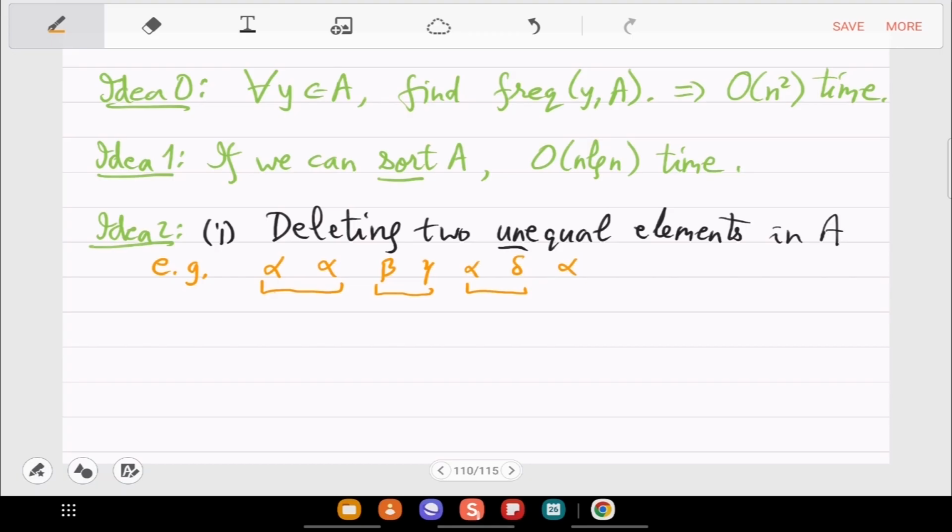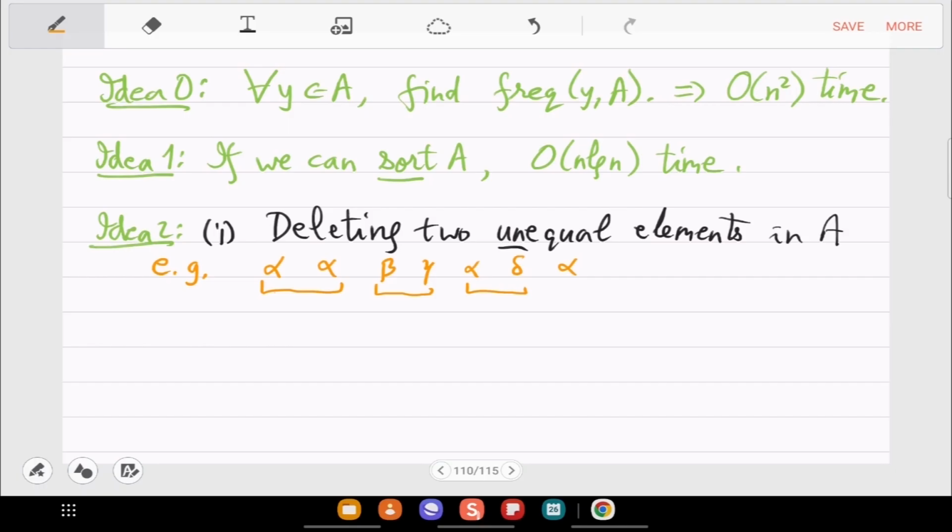So if I drop beta and gamma, initially is there a half majority element in this array? Which is? Right. So now when you drop beta, gamma, what is the half majority? Continues to be alpha, right? And then you can drop alpha, delta because they are different. And you see that now you have only alphas remaining, so obviously it is half majority. So the size of the array keeps reducing, but within that sample size, half majority is still alpha. Right? And you can see the proof of this. From this example, you can give a proof.